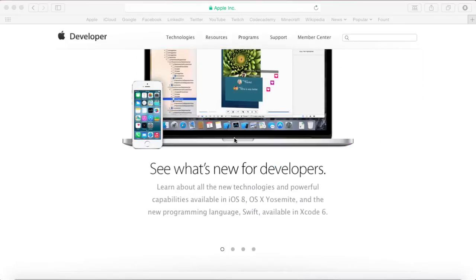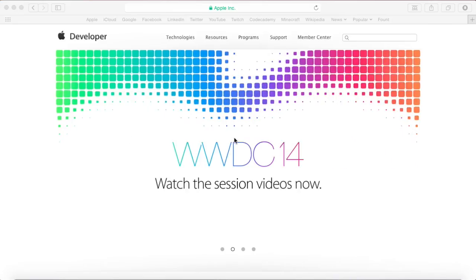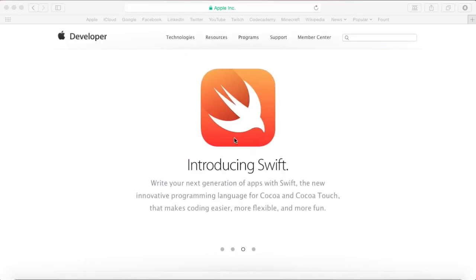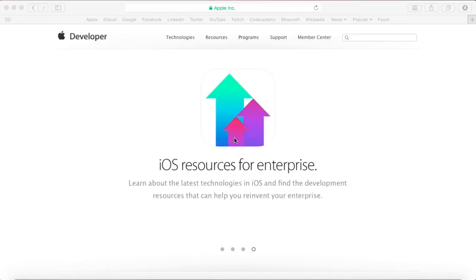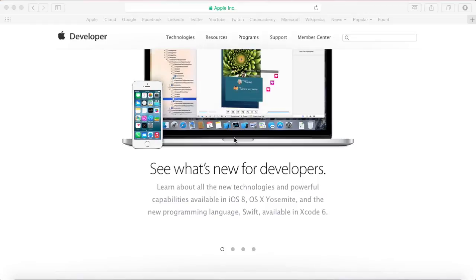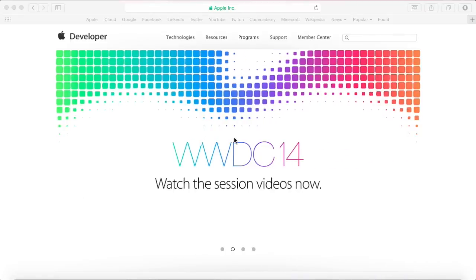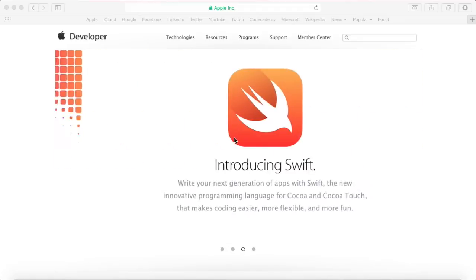I find it very similar to JavaScript. I don't know very much if it's similar to Objective-C. I think it is, and I also think it incorporates frameworks from Cocoa and Cocoa Touch. Apple have been saying that it's like Objective-C but without the C, so it's straight to the point and just straight to the objective. You get what you want. You don't mess around with all the colons and semicolons and all that stuff. So that's a very good feature, and Apple have said that it's the future of Apple app developing and the